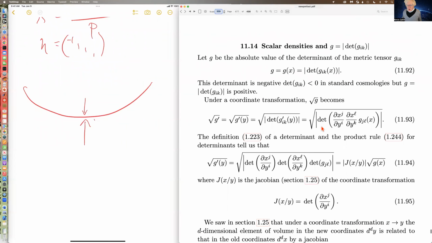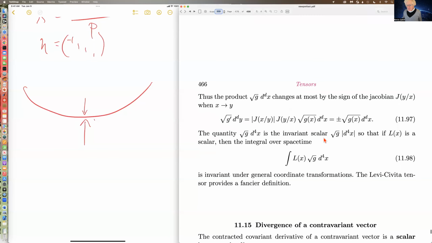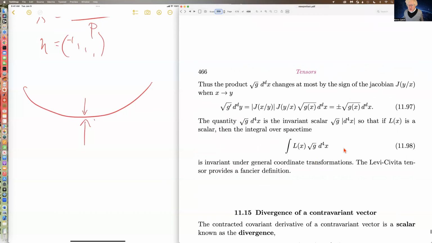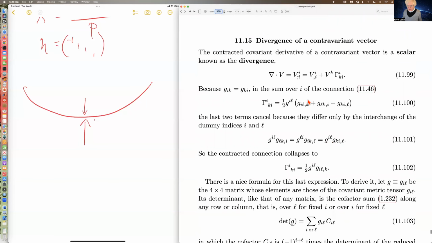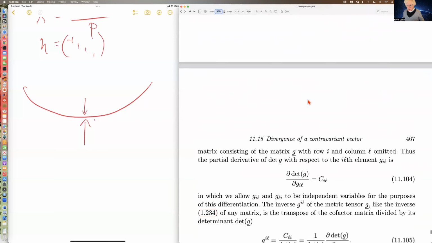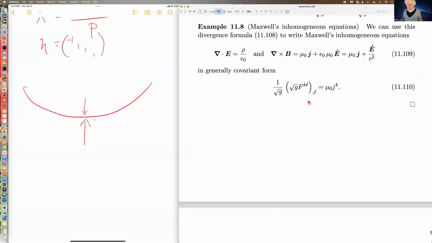I also mentioned why it is that in general relativity, one always sees an expression of this form, d4th x square root of the absolute value of the determinant. That's because this is an invariant, a scalar under general coordinate transformations. And we also reviewed briefly this